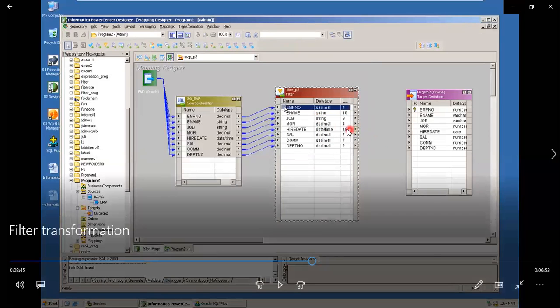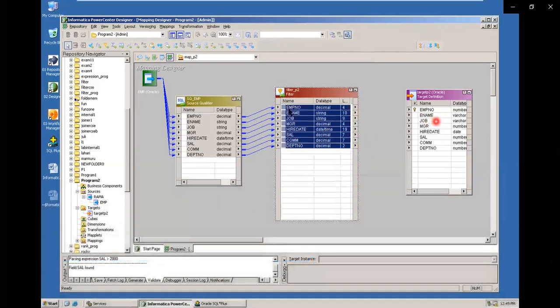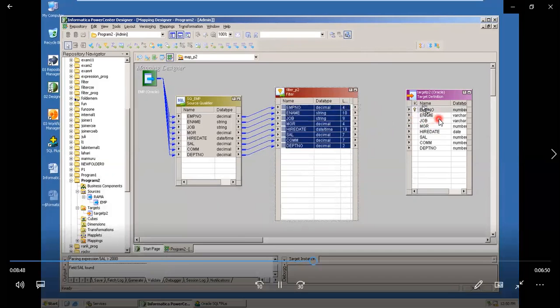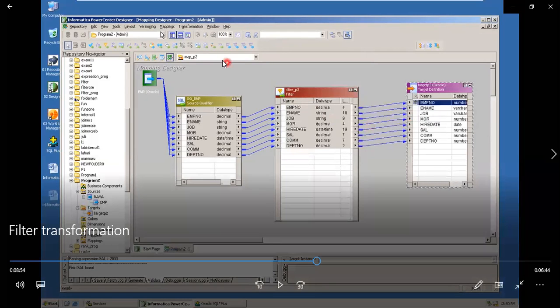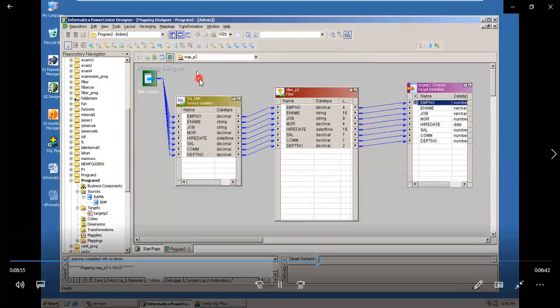Yes. Next, the data. From the filter, you will transform the data from the source to target. Here select all, source to target. That means I am passing the data from the source to target. Now validate the mapping. How can you validate the mapping? Mapping, validate, and then the next important one,